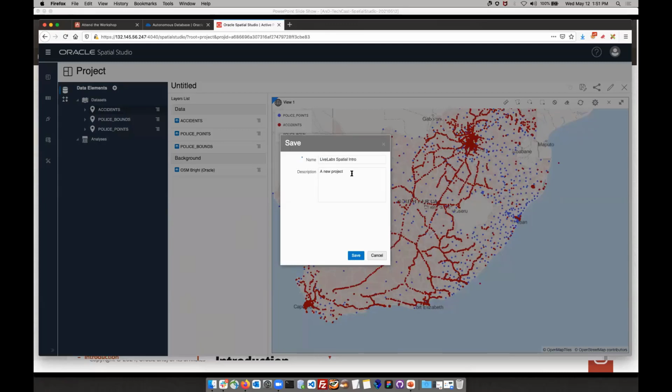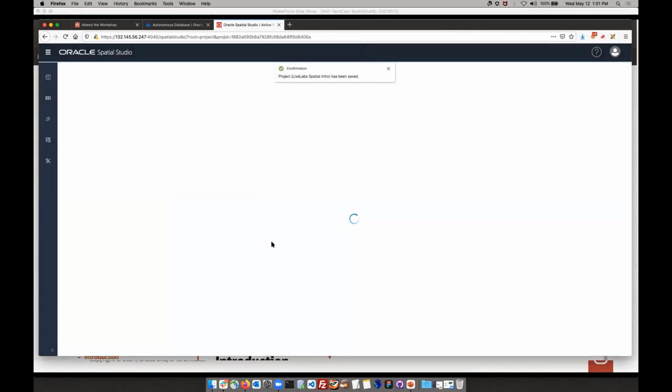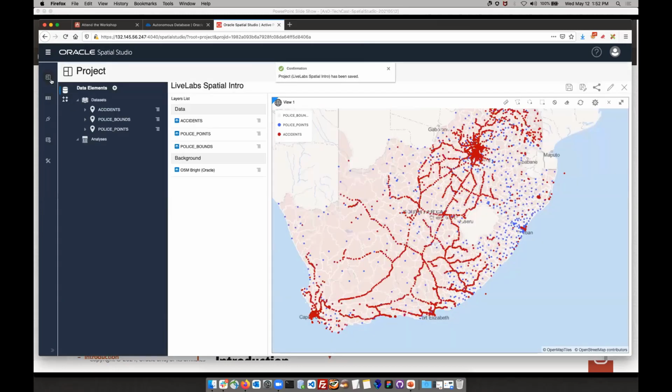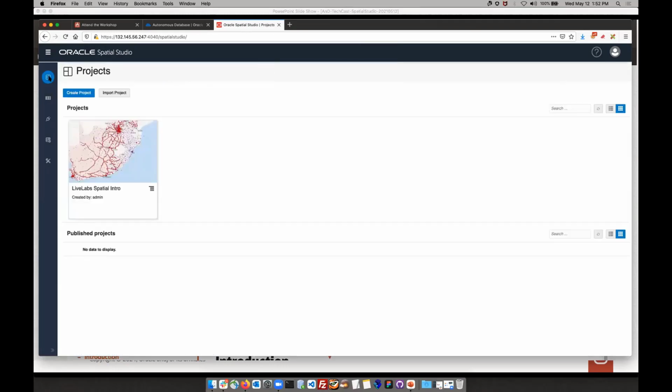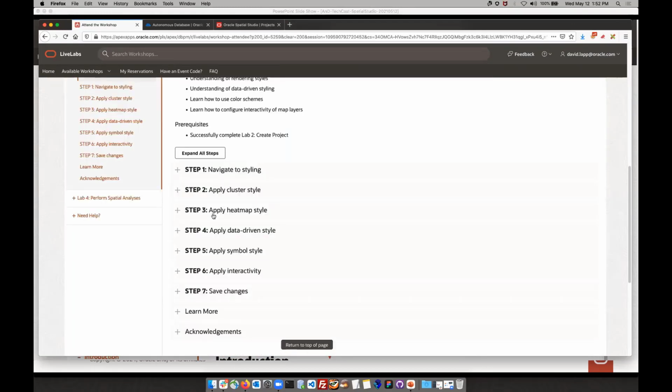Live Lab Spatial Intro. I don't really need a description. And I'll save. So now our work's saved. If I go back to the projects page, I can now see that that project exists. I can always come back to it. And we would now move on to